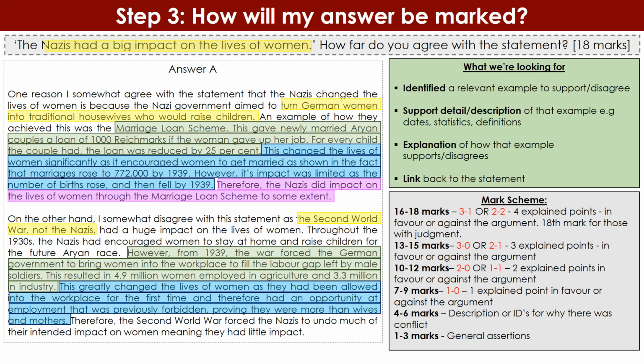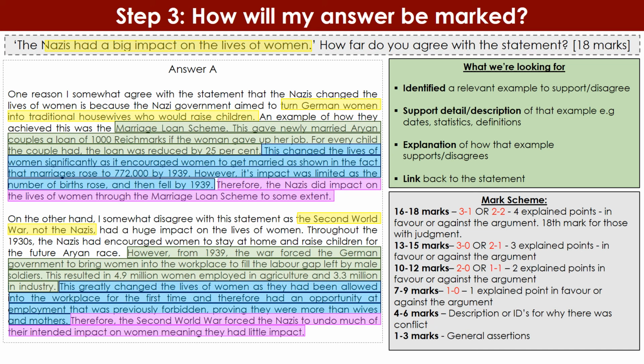So again, it's a good explanation. It's explaining why this example actually says, well, no, the Nazis didn't have a big impact on the lives of women, it was the Second World War. To tie it together, they link it back to the statement. Again, they've got the qualifier there at the start, so it shows a level of nuance, and this is a really good answer. In terms of where they would fit on our mark scheme, if this is all a student